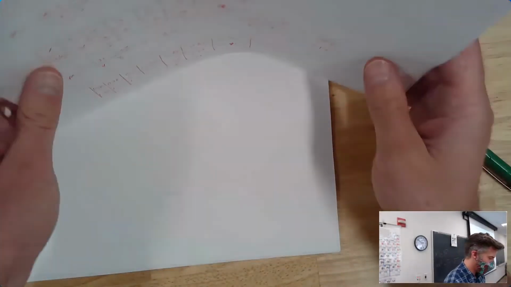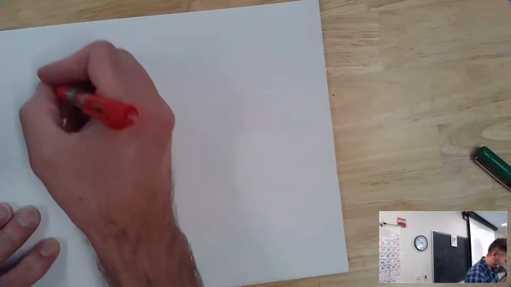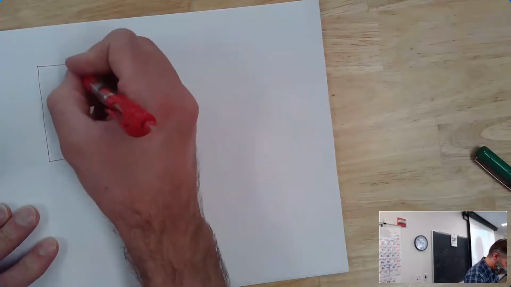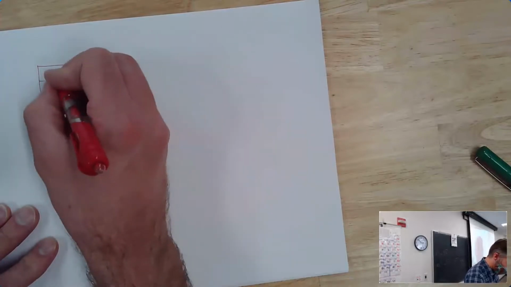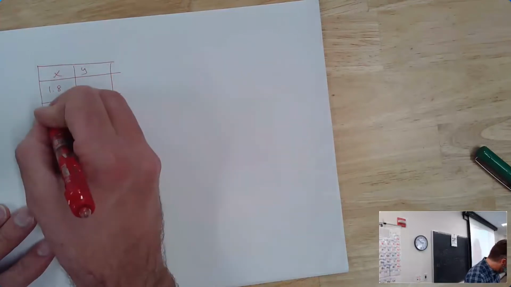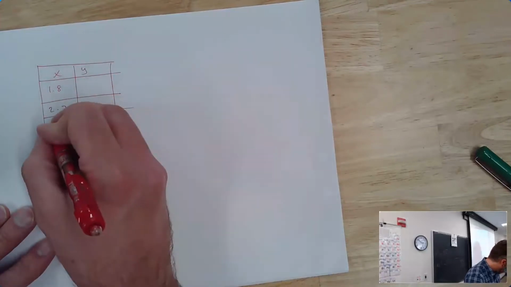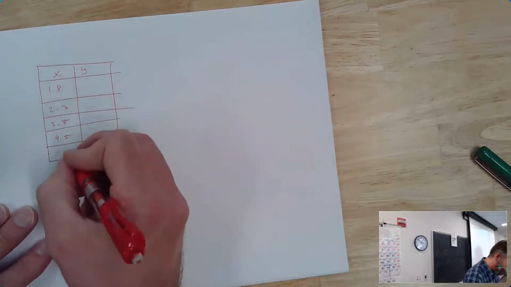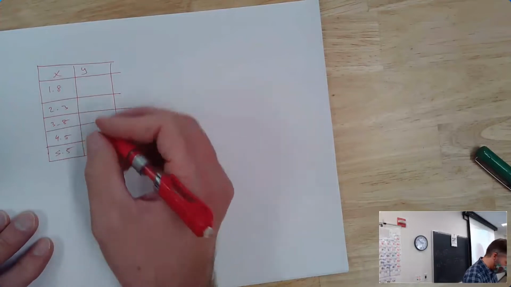I'm just taking this data. This is more of a homework type of question than a test question, because I'm literally looking at the homework assignment. So let's say we were given this data. Not making up numbers, these are real numbers. I've got some x values: 1.8, 2.3, 3.8, 4.5, 5.5, and some corresponding y values: